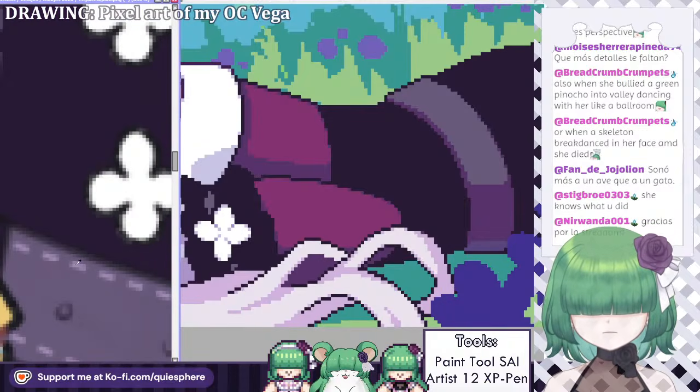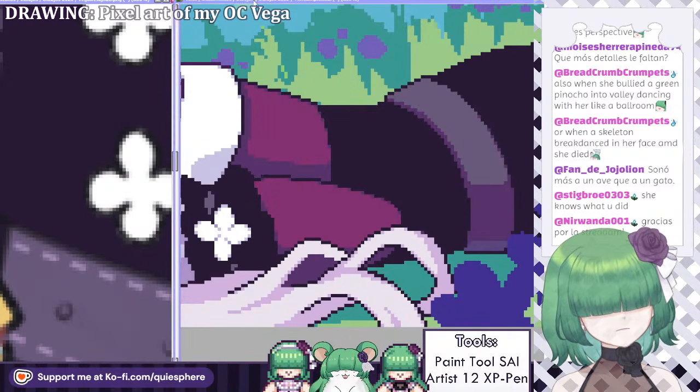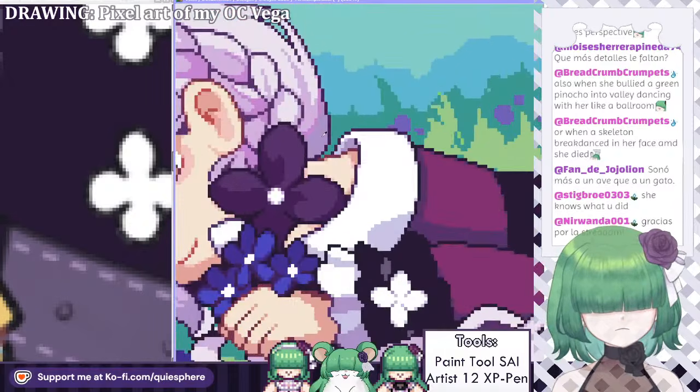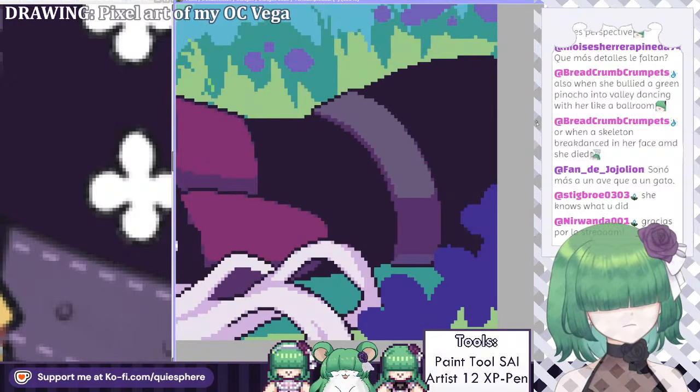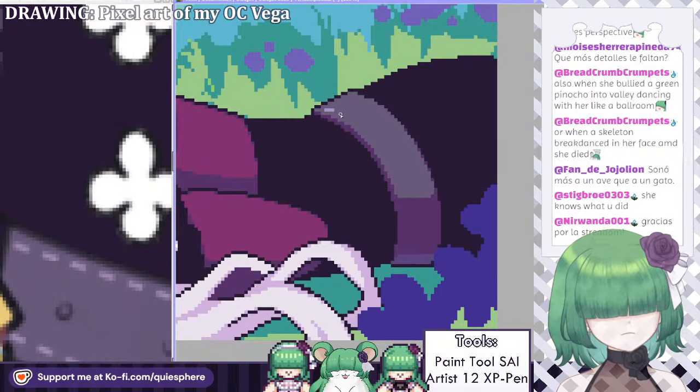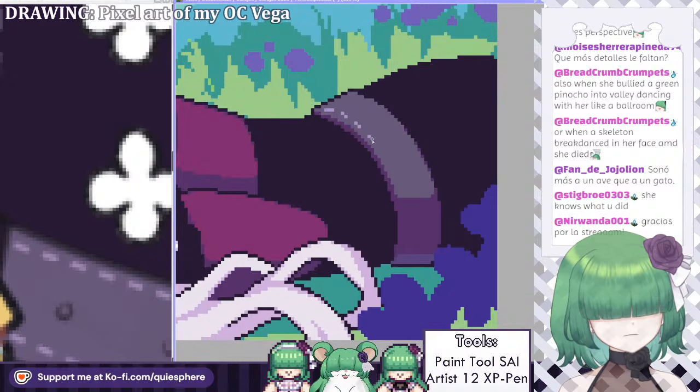All that is left is like these lines. There's supposed to be some lines like these here in the belt. I'll do some of them since we're at it.